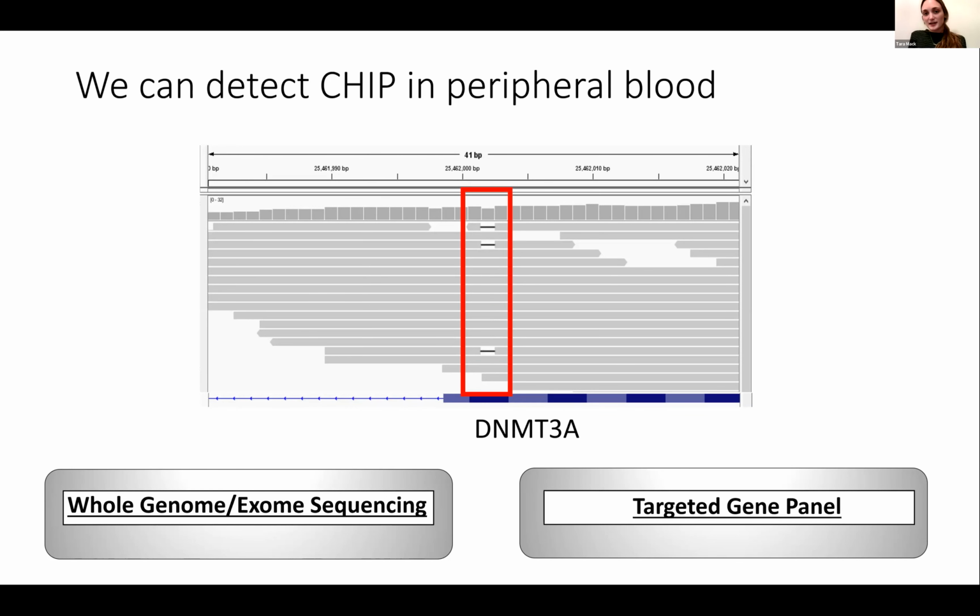And it tends to be detected in one of two ways. And so we can do this through whole genome or exome sequencing, which is large scale sequencing of your entire genome. And that's typically repurposed. So typically when you detect CHIP using these methods, it's something where you already had this data and now you're interested in studying CHIP. So this tends to be, again, more low coverage, so not as many calls are happening, but it is typically available in really large cohorts. And so that tends to be a common way to detect CHIP.